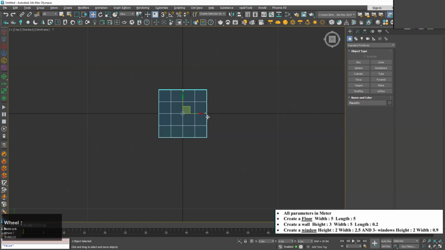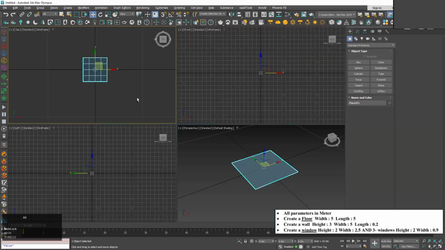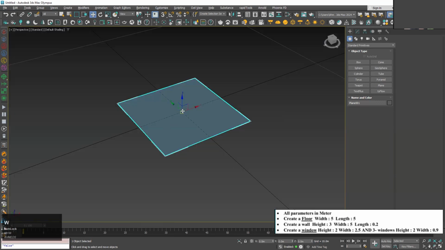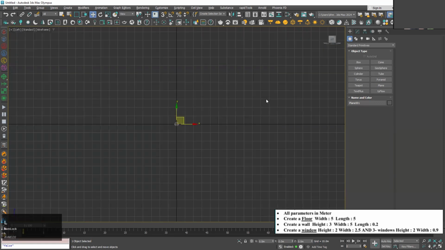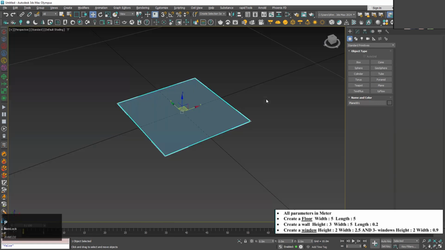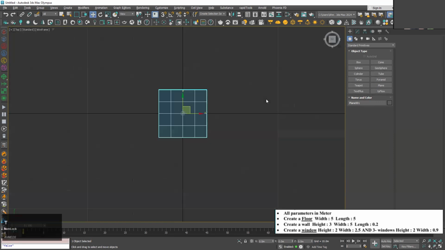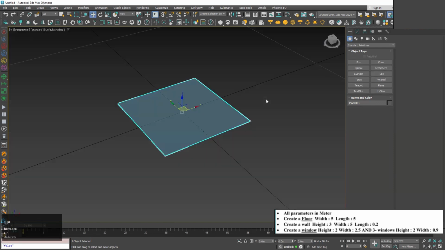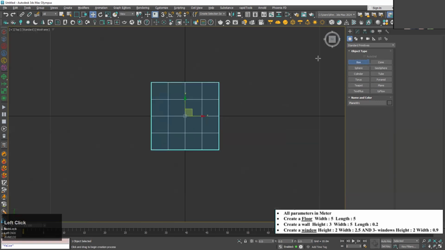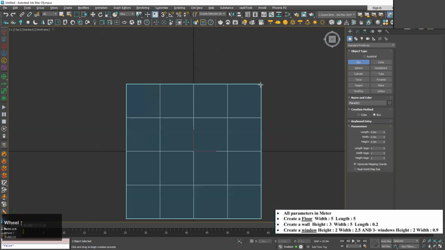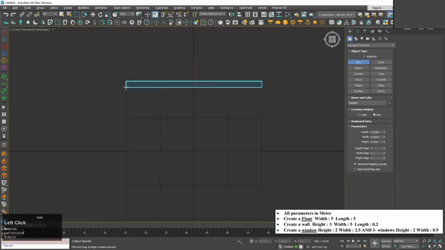Instead of doing Alt W, I can expand my single viewport and switch from perspective to top to left, and back to perspective by clicking T for top, L for left, and P for perspective. So inside our top view, we can create the box, and let's create a box of